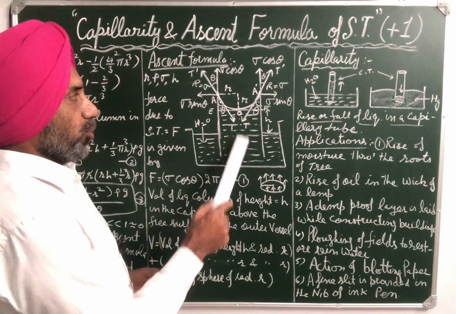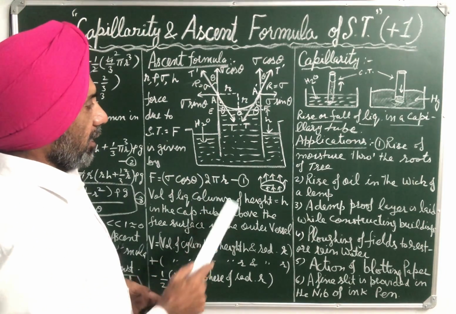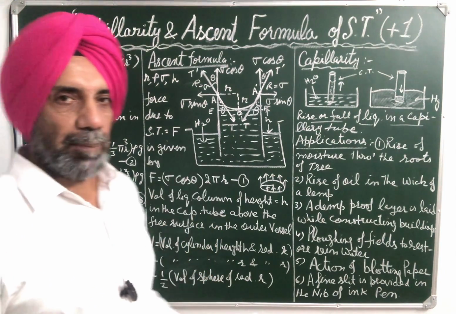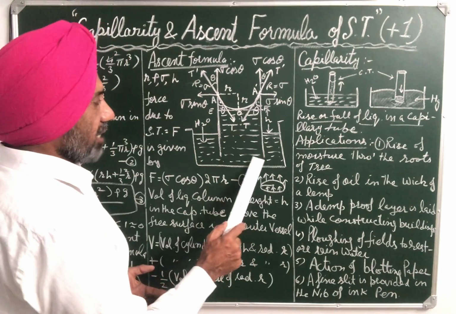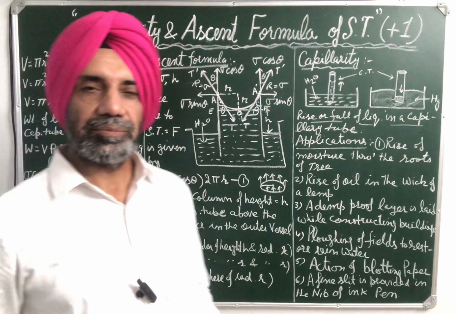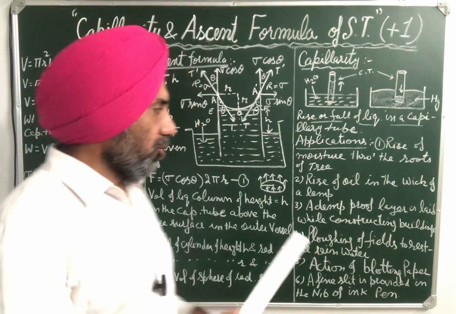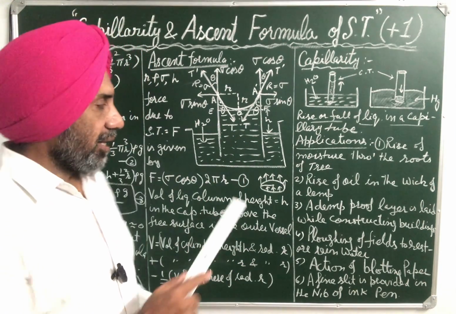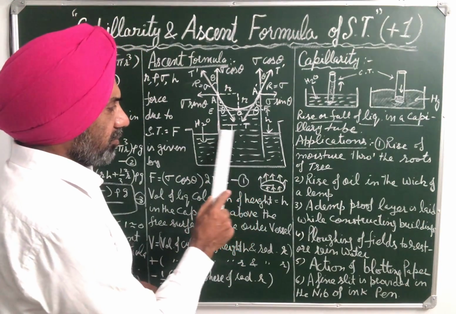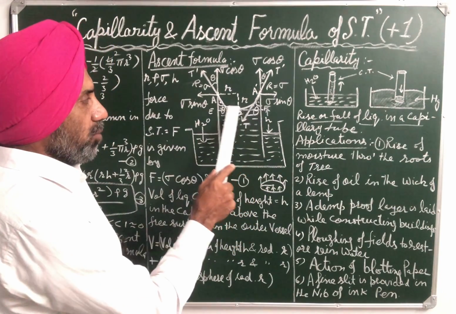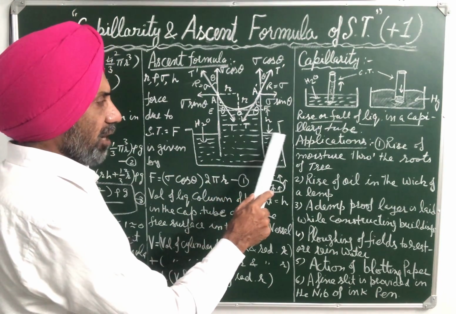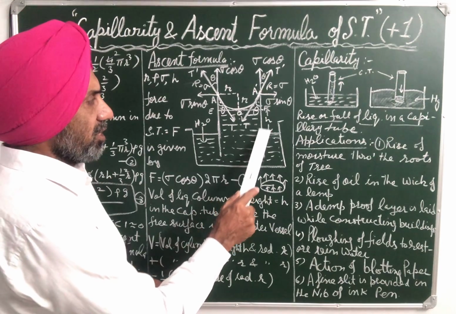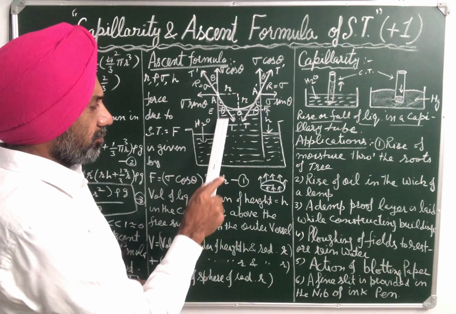It is made up of glass, open at both ends. Then, due to capillary action, liquid starts rising in the capillary tube. So this liquid rises in the capillary tube until the weight of the liquid column in the capillary tube above the free surface in the outer vessel